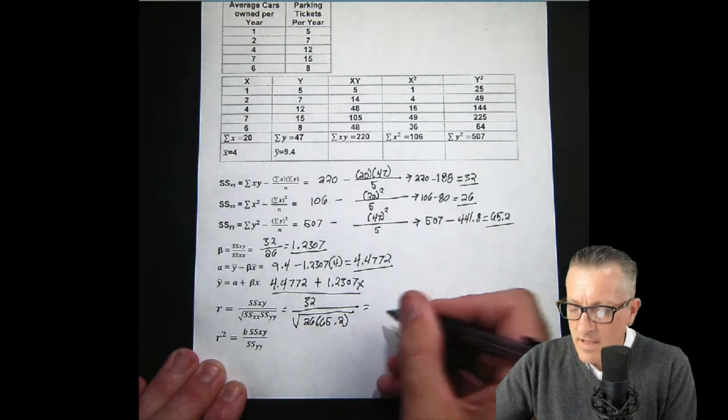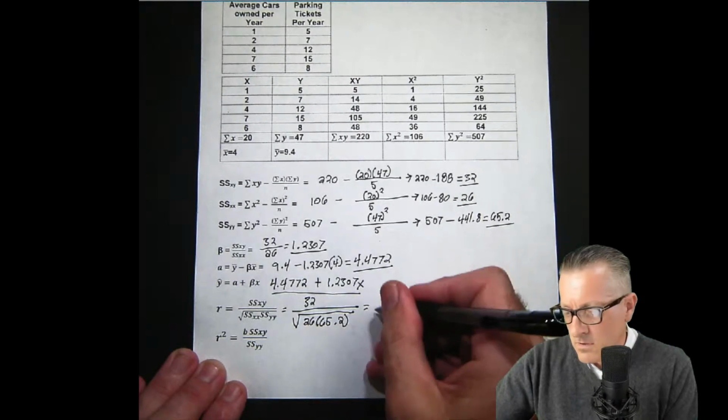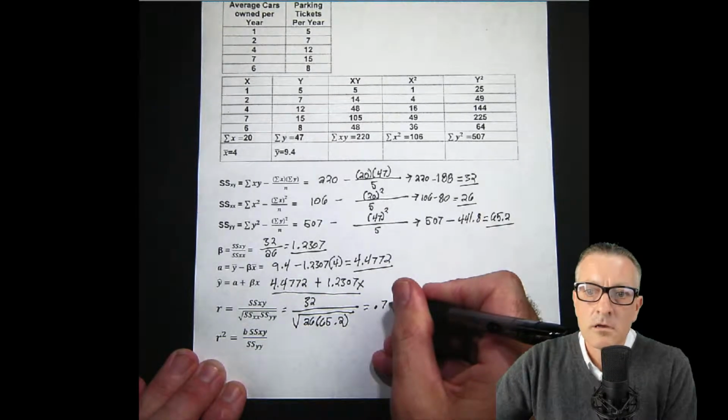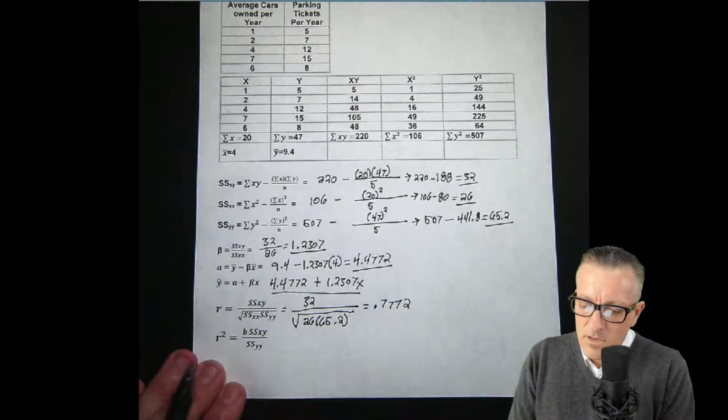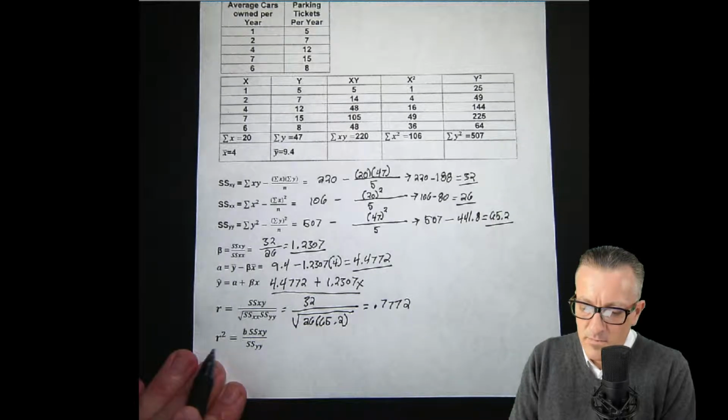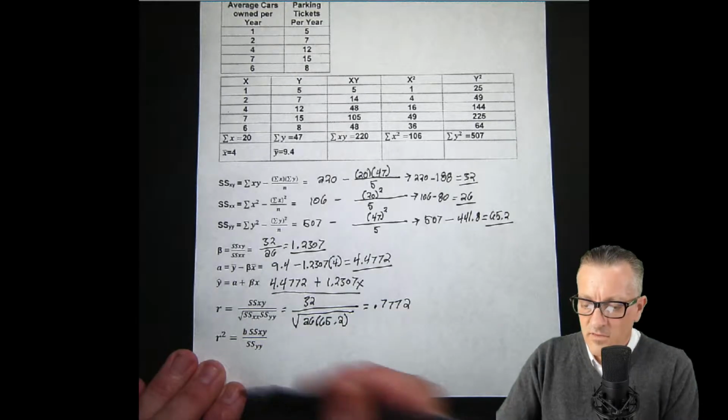And when we work that all out, we end up with 0.7772. And then you can square this, and you will end up with the answer, but the other way,